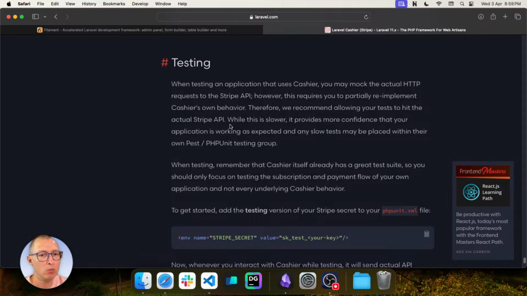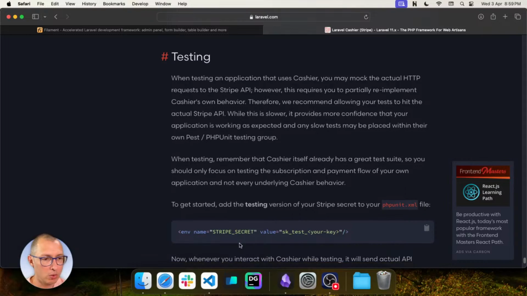You don't need to test whether Stripe works or not, because again, it works. What you need to do is, okay, once I have a subscribed user, what do I do? What things is a subscribed user allowed to do, what things is a subscribed user not allowed to do, or a guest, someone that is not subscribed, what can they see and what can't they see. Those are the things that you should test, not the functionality that we know collectively works. So with that in mind,